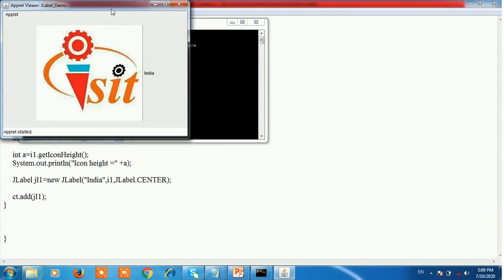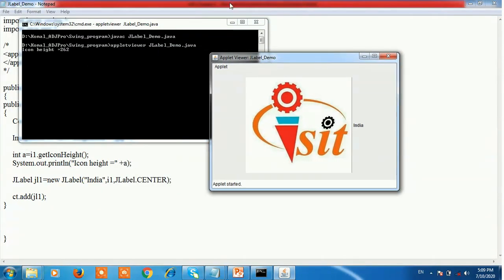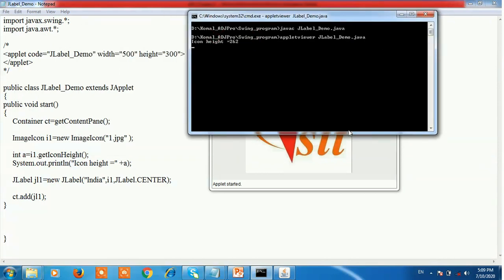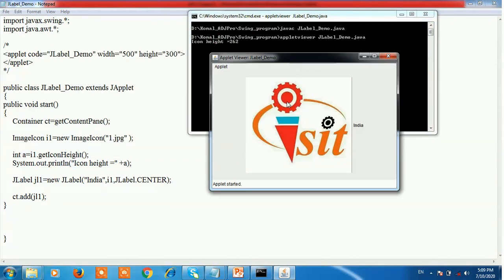See here, this is the output of our program. Here SIT is the ImageIcon, and the label is India, displayed with center alignment, because the JLabel has 3 parameters. India is a string, i1 is the ImageIcon object, and JLabel.CENTER is the alignment of the label.